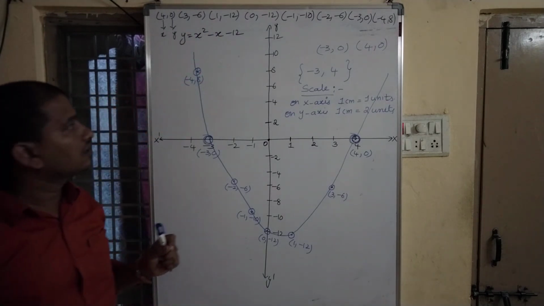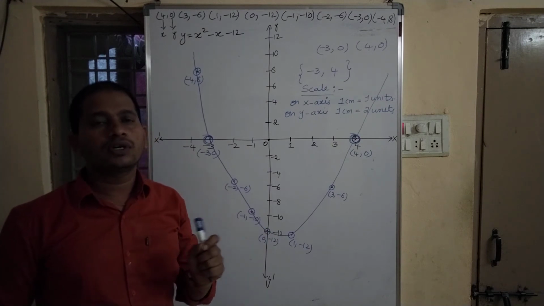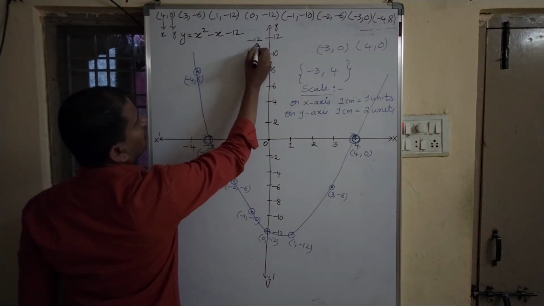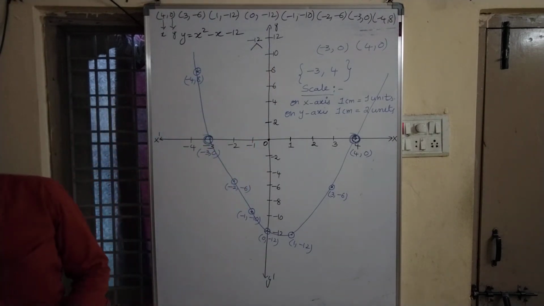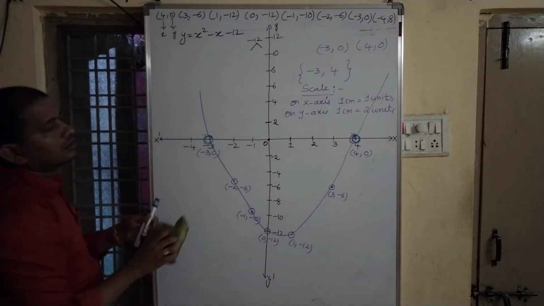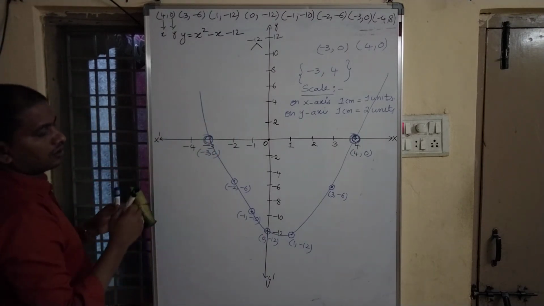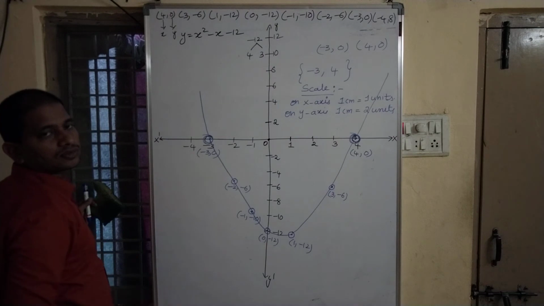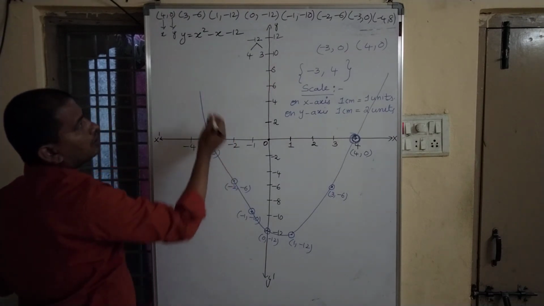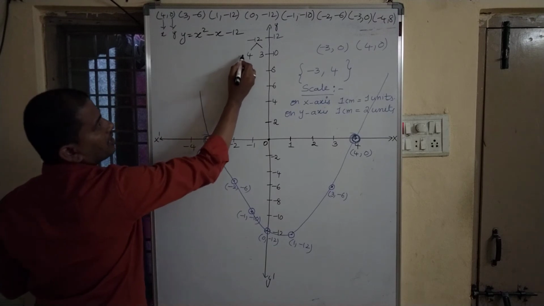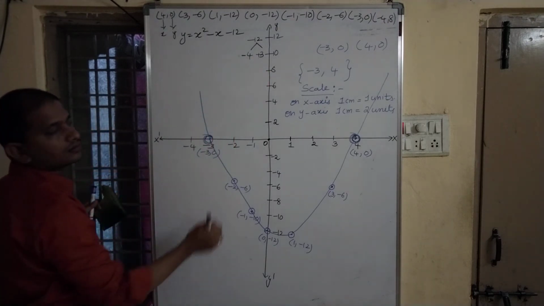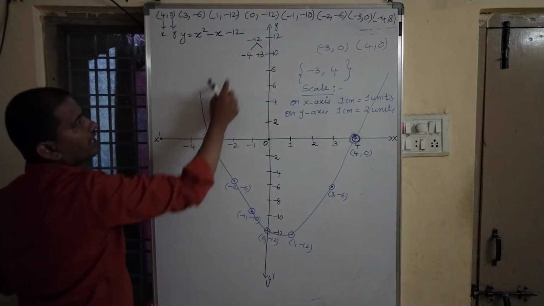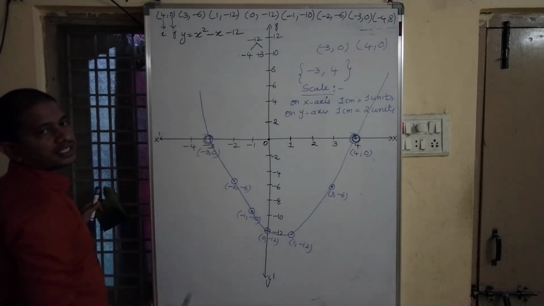Okay, let us verify by using factorization. Here the constant is minus 12. So what are the factors of minus 12? If I take 4 into 3, 4 3s are 12, but the middle term is minus x here. Let me take minus 4 and plus 3. Minus into plus is minus, 4 3s are 12. If I add minus 4 plus 3, again I will get minus x.